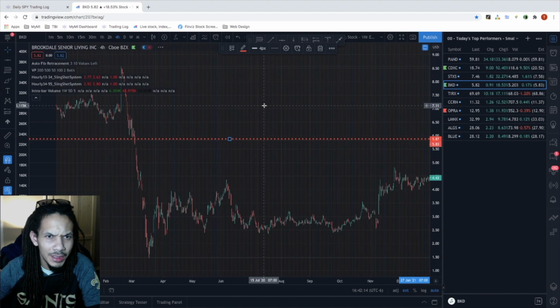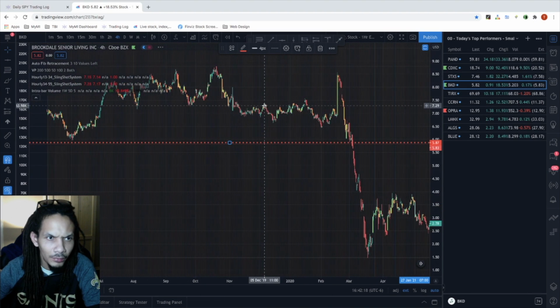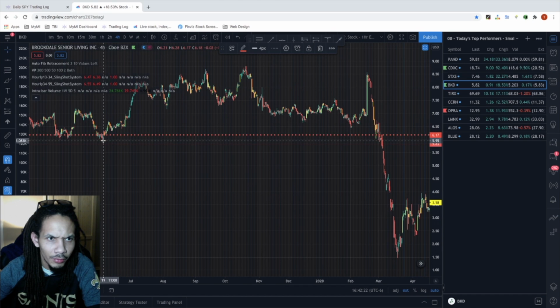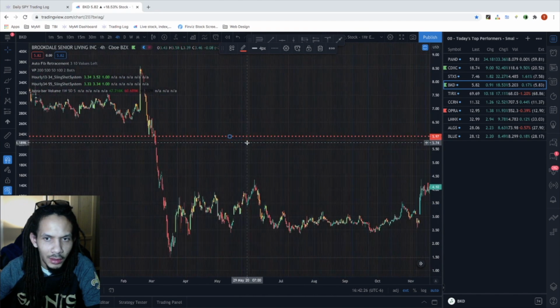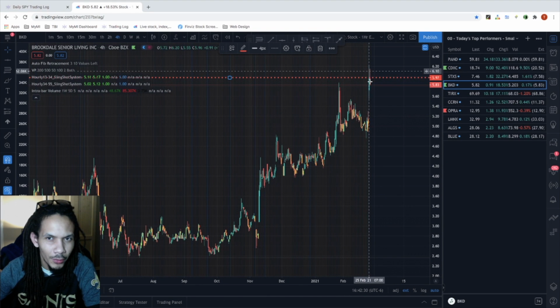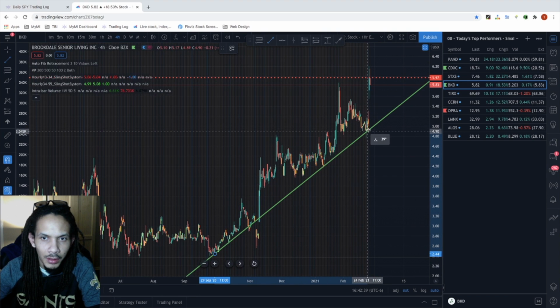And I want to see where that correlates with the rest of the stock price chart. And as you can see, it's kind of played as a level of support before. So even if we were to readjust this just a little bit, you'll see how that price, that level of resistance could come into play here, as it got broke out above, but then got rejected, and it's currently back below it. What I would look at is its diagonal trend, the channel that it's trading in, to the upside,